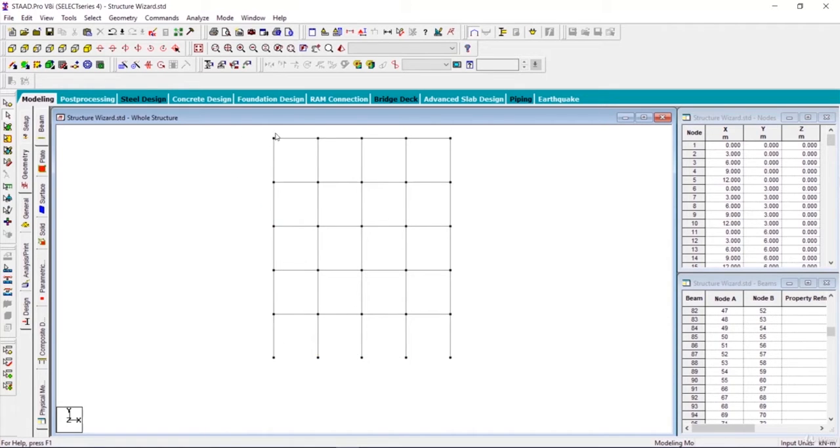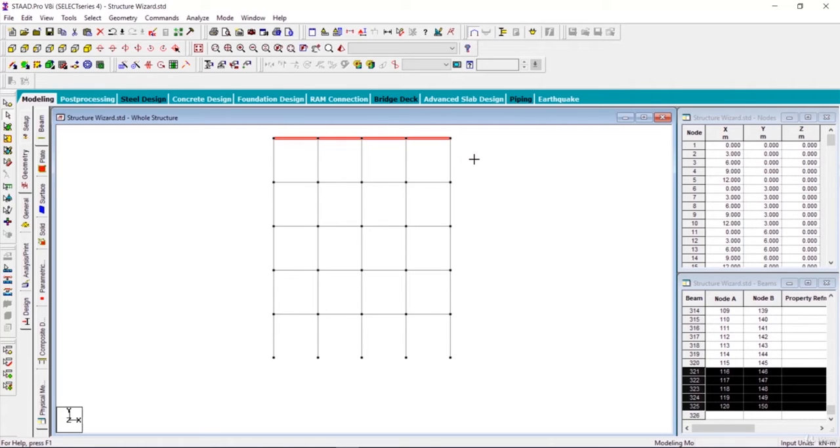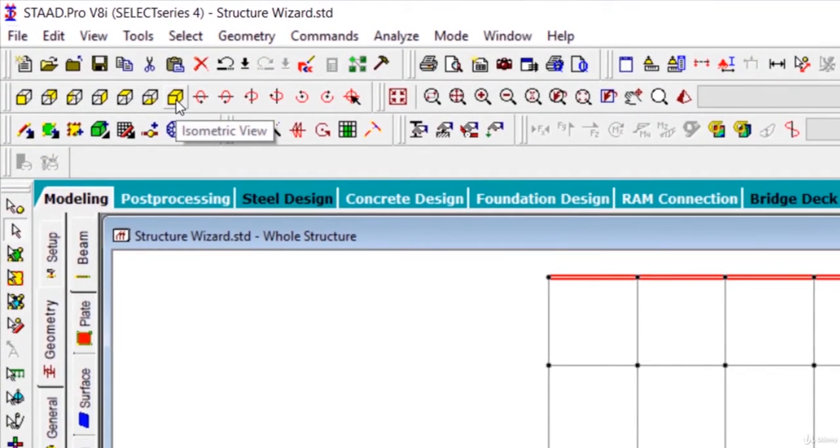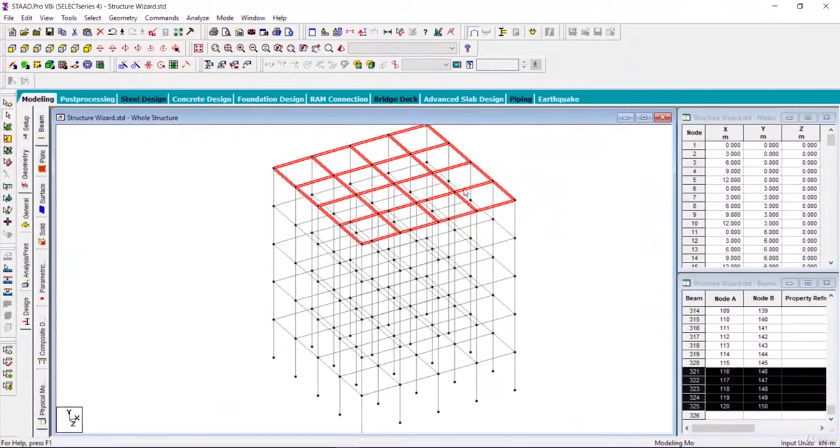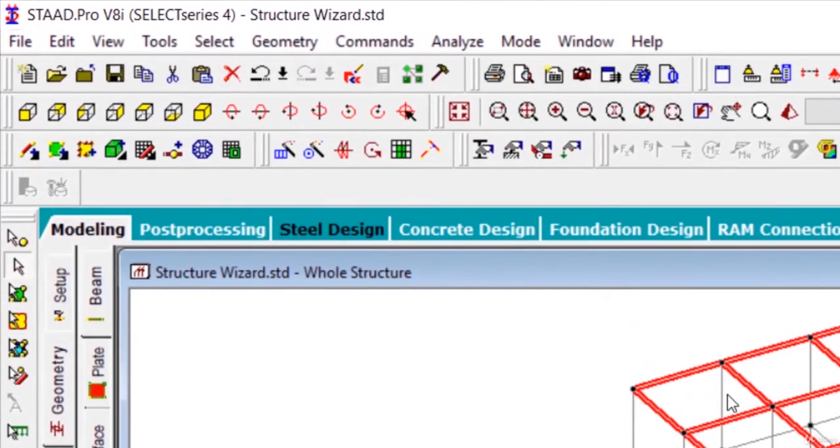And if you want to select this floor over here, the top floor, just left click here, get your selection rectangle, move your mouse, and when you reach here, release your left mouse button. You can see that the beams have been selected. Not only these beams, but all the beams in this region have been selected. To see this, again click on this isometric view, left click. You can see that all the beams of this floor have been selected. These view options are helpful to do these works, making the selections.